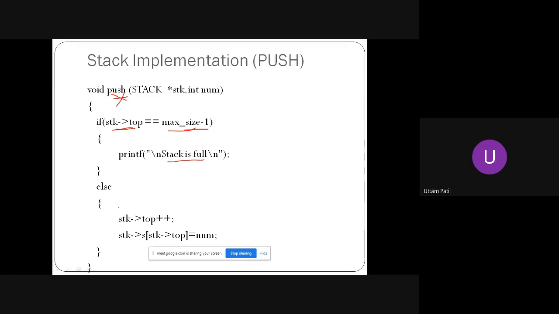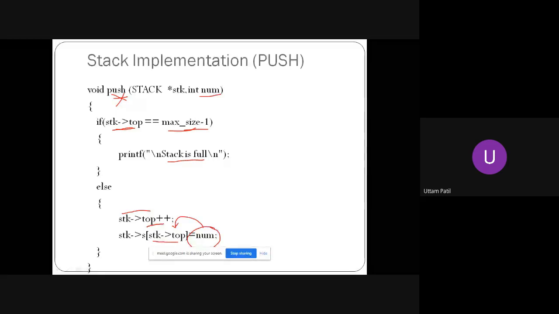Now, what is this push operation? I have already told you. You will have to increment the value of top, and then at that newly incremented index, you put the new element. The new element here is in this variable num. You can see this variable num is the parameter, so I just put it into the stack. You have seen I increment the top first, and I put num into top. This was your push function.